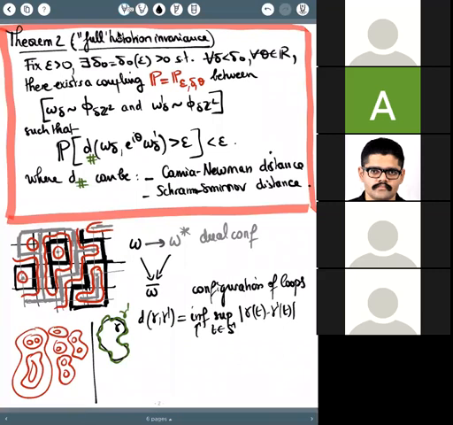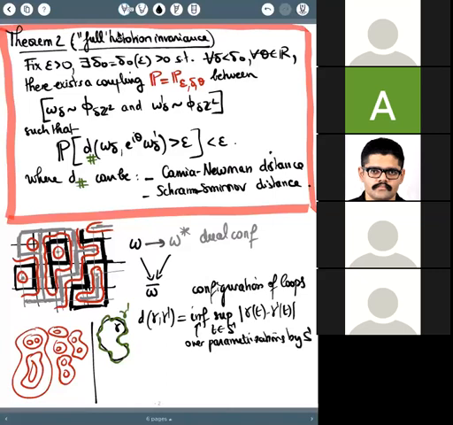So what is this infimum? This infimum is just the infimum over any parametrizations of gamma and gamma prime by S1. So one-to-one and continuous parametrizations. What does it mean? I'm going to say that gamma and gamma prime are within distance epsilon of each other if I can find a parametrization of gamma and a parametrization of gamma prime in such a way that at every time t, gamma of t minus gamma prime of t is smaller than epsilon. It's a Gromov-Hausdorff distance, basically.